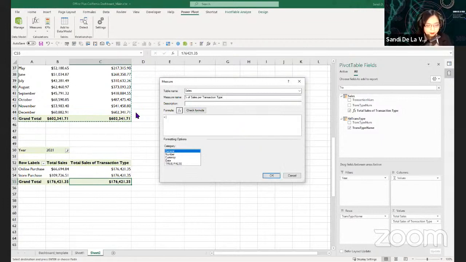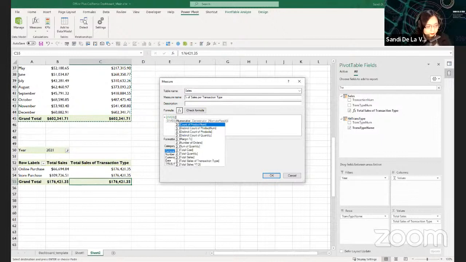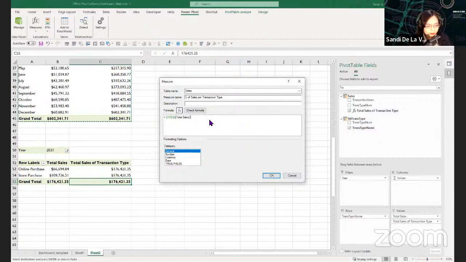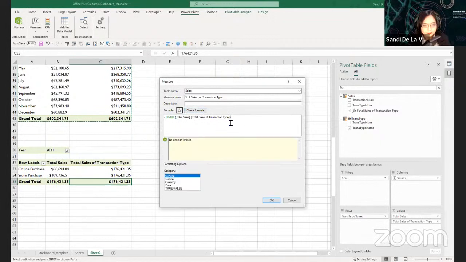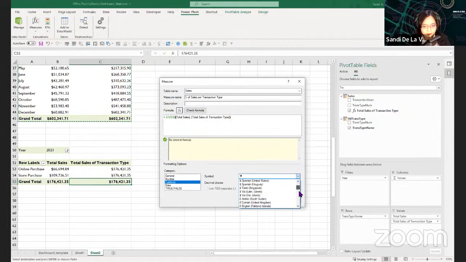Remember to use a DIVIDE and then use the same total sales, since our numerator will depend on the filters. And what is our denominator? That is the total sales of transaction type, so that will disregard the filter by transaction type name. Check formula, it's correct. Change the currency to dollars.